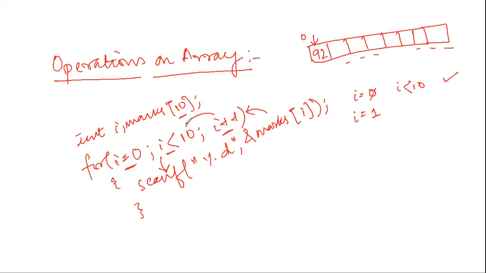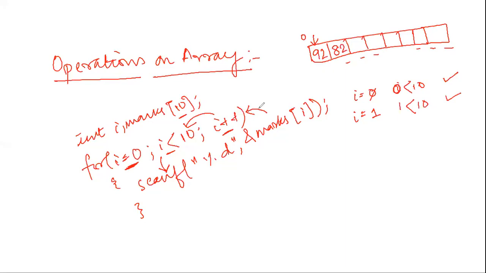Again, it will go on through this loop. Initialization of any loop is done once. Then condition checking, if true, something is done, and then increment. This goes on in a loop. So again, it will check whether 1 is less than 10. 1 is less than 10, true. If it is true, it will execute this statement that asks for another value from the user. Suppose I am inputting 82.